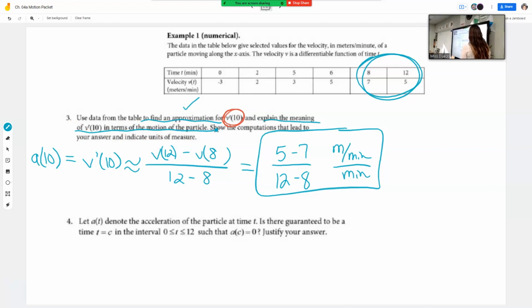What did we just talk about? At. Why am I saying at? Because it's a point. At t equals 10 minutes, or you could say after 10 minutes, but that gets a little dicey because it's after 10 minutes from what? From the initial. I just say at. At t equals 10 minutes.